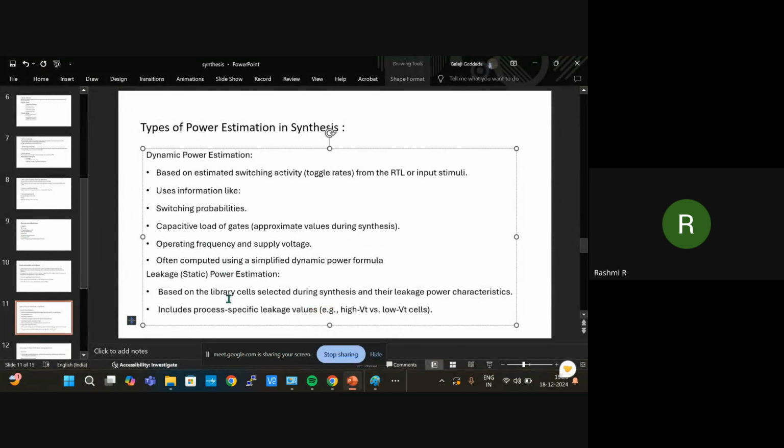And the next one is static power dissipation. Static power dissipation means when the circuit is not functioning, there is some leakage in the circuit, and that comes under static power dissipation. Static power dissipation is because of VT, the threshold voltage, subthreshold voltage,